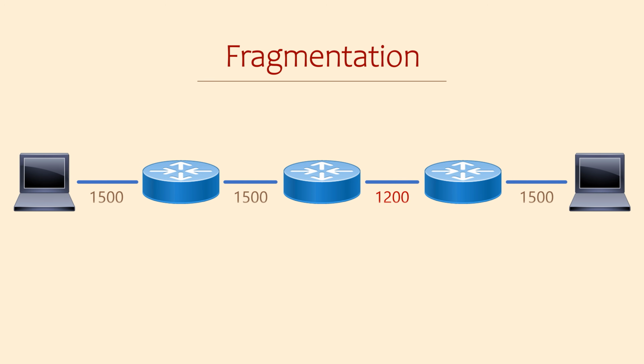So naturally, you'll be wondering, what happens if a device tries to send a packet that's larger than the MTU? Remember that the MTU could change somewhere along the path too. If this happens, then the packet will need to be fragmented. This is where the device takes the packet that's too large and it's broken into smaller pieces. So each of these pieces is smaller than the MTU limit. The receiving device will then take all these fragments and reassemble them into the original packet.